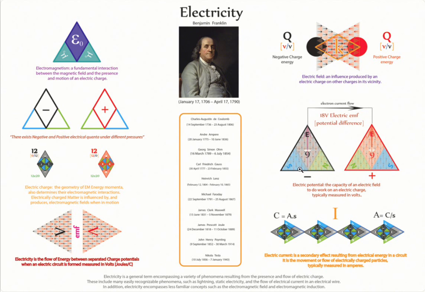But we can connect these separated charges via a conductive means, and it will create a field of electricity in the conductor, which will eventually create a current flow of charged particles in one direction or the other, again dependent on their charge within the electric fields. Obviously, if we don't connect these two potentials up with a conductor and allow them to build, increasing the energy momenta, eventually we will reach a point where there's sufficient energy momenta for them to reach out and try to equalize under the second law of Tetrionics